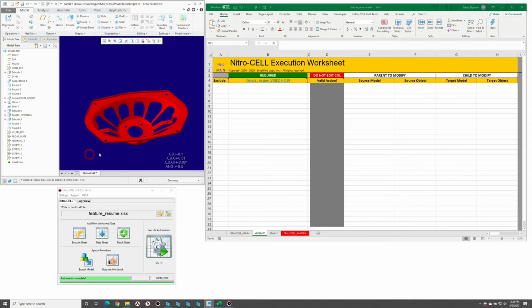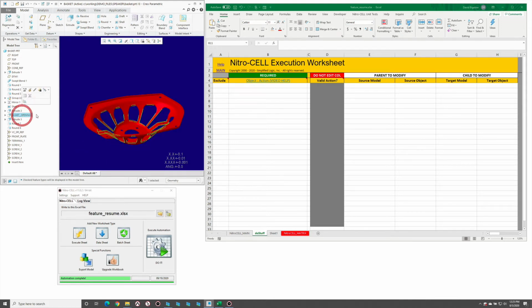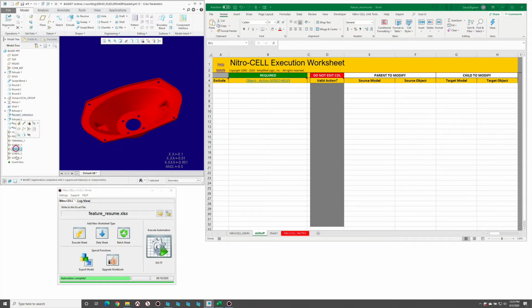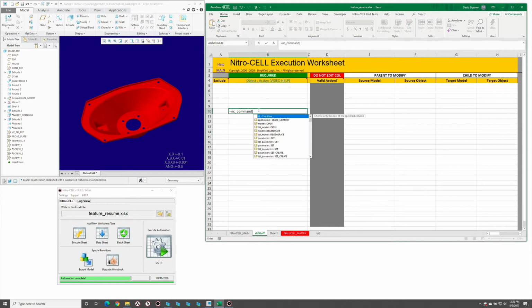Talk about resuming features by using their names. If you happen to have a feature that is suppressed, and notice that this one had some children that are suppressed with it, I'm also going to come here and suppress a couple of these coordinate systems also. So to resume these from Excel, all you have to do is type in the feature, and we want the